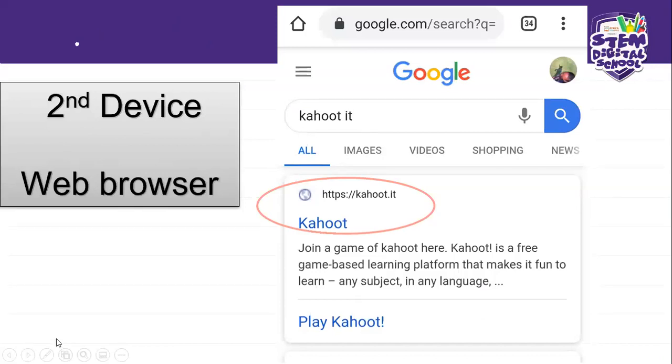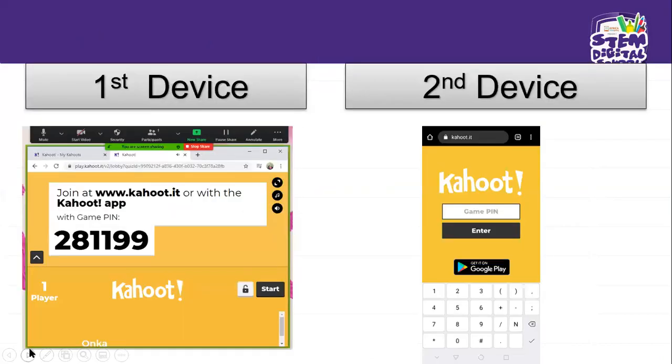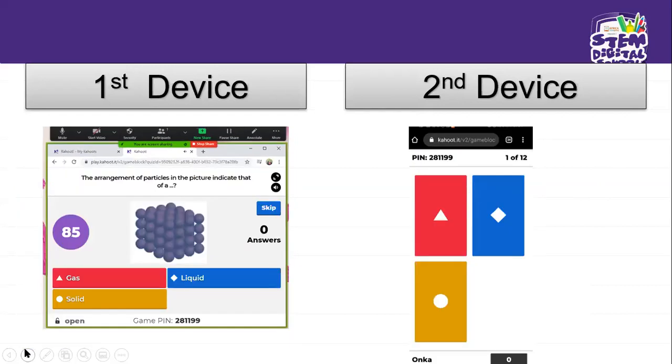I'm going to give you the pin shortly, okay? This is not the pin, I'm still showing you guys. In answering questions, you are going to use your second device, and for questions, you are going to use the first device, okay?